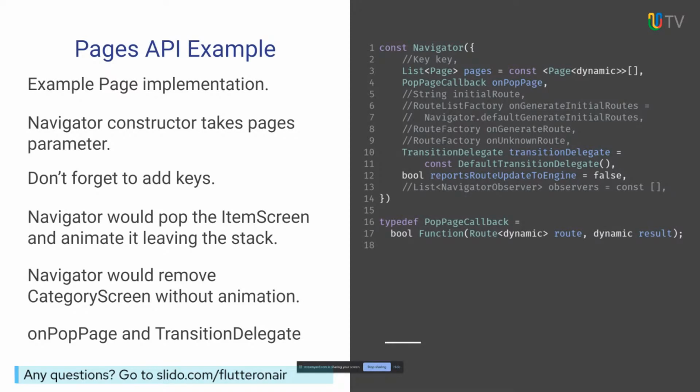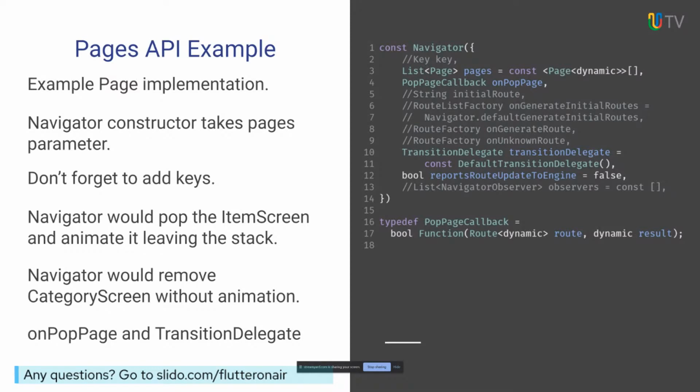So the way it works is you have your set of pages, and then you have, we'll get to that in a second. So for example, if you were to specify initial route here, the imperative API would call onGenerate initial routes, create those routes, and push them on the stack inside the Navigator, on top of those that are generated by the pages.